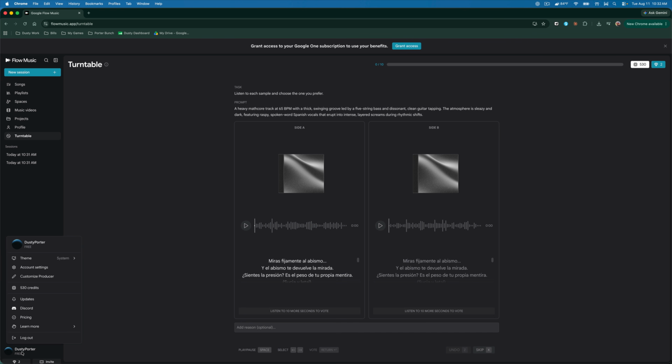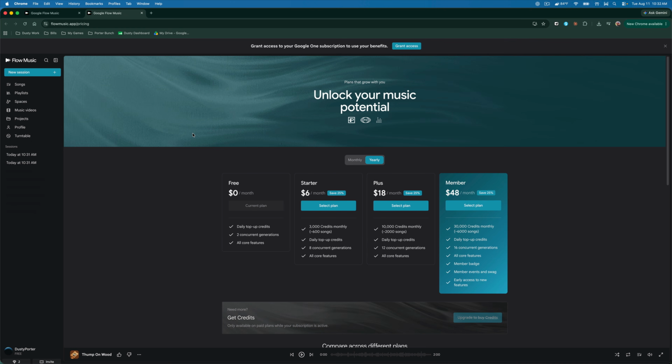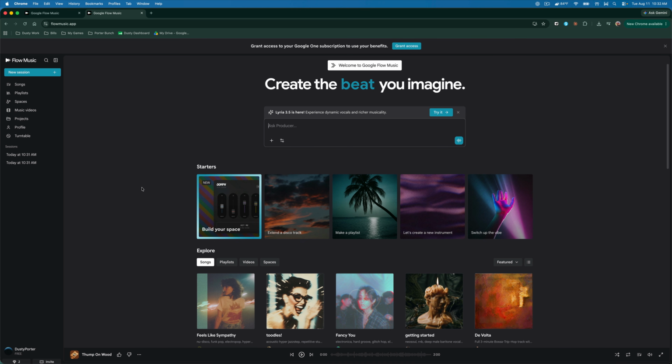As you can see where it says my account here, I have a free account. But if I go to pricing right here, it will take me to the Flow Music app pricing, and there is a starter plan all the way up to a member plan, and you can see what might fit your needs the best. The last thing I want to show you is when you're back on the dashboard here and